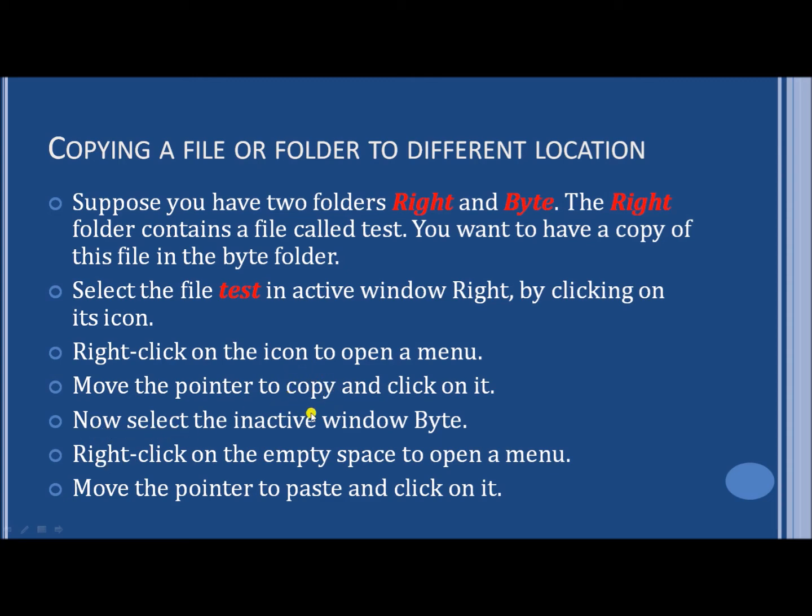Now select the inactive window. The byte folder was already opened by us, but it was in an inactive window. So now, because we have copied the test file from the write folder, we are moving to the byte folder. We will select the byte folder, and upon clicking it,